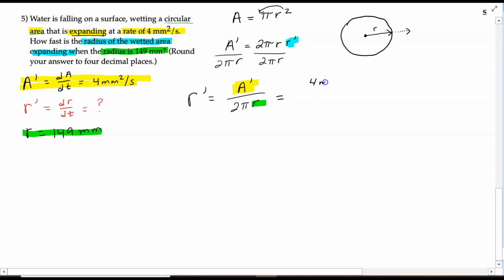That is to say, 4 millimeters squared per second divided by 2 times pi times 149 millimeters. You can do some dimensional analysis there and realize that it becomes millimeters per second in terms of the units. When you do this calculation on your calculator, I think you're going to get something along the lines of